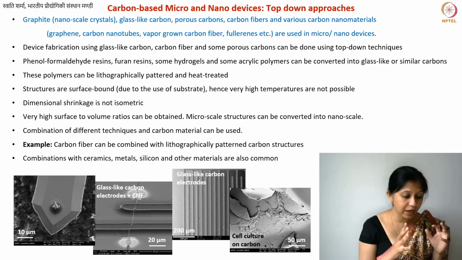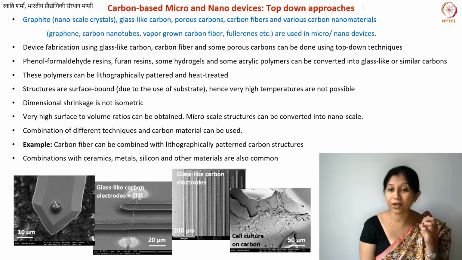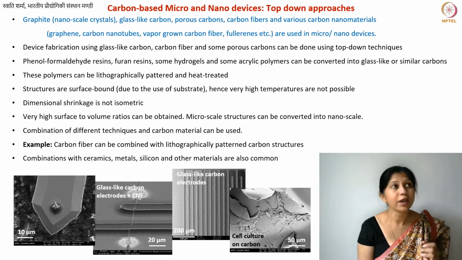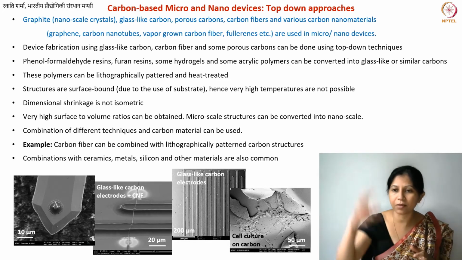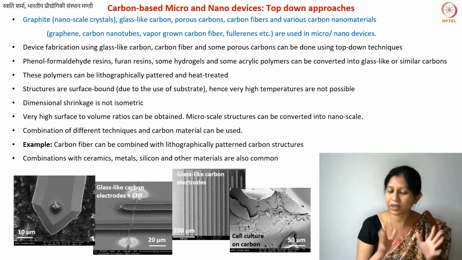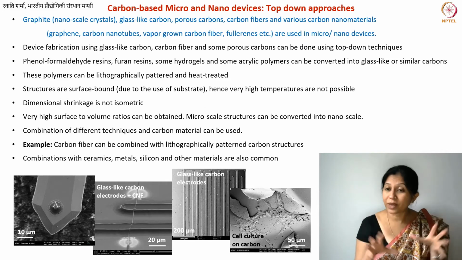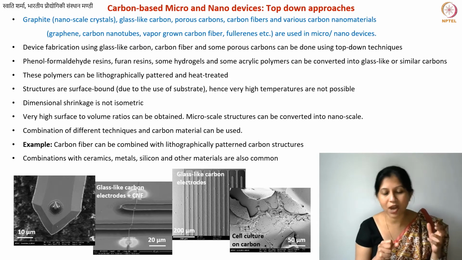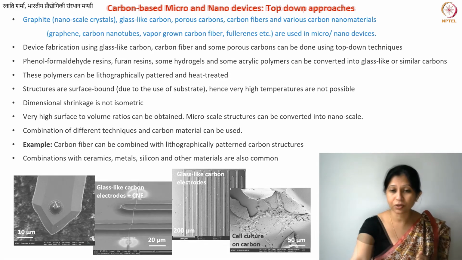You can also use combinations with other materials, for example ceramics and metals and silicon and whatever, because at micro nanoscale you're often using multiple materials. If you want to make a large scale graphite electrode, that's probably just a cylinder of graphite. It will have some connections with the rest, but you will typically fabricate just the graphite cylinder. But in the case of micro nano devices, you typically would like to make a complete device, which means you have to work with not just carbon but also various different materials, which sometimes leads to certain problems that we are going to discuss soon.